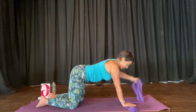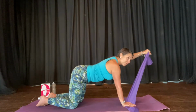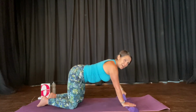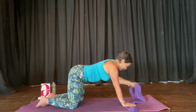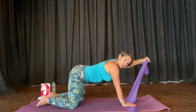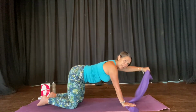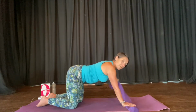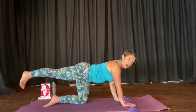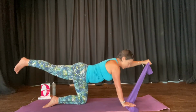Forward, out to the side. Don't forget your breath. Breathe out as you go forward. Breathe out as you go to the side. Nice. Forward, side. We've got 2 more. Brace your tummy. Keep the hips square and the challenge, opposite leg. So take a moment, adjust your posture, bring up the front leg with the back hand, forward, hover